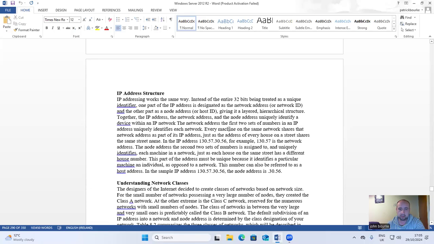The network address, the first two sets of numbers in an IP address, uniquely identifies each network. Every machine on the same network shares that network part of its IP address, just as the address of every house on a street shares the same street name. In the IP address 130.57.30.56, for example, 130.57 is the